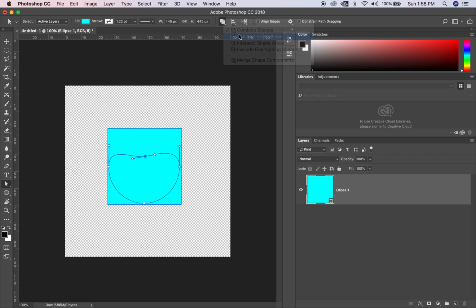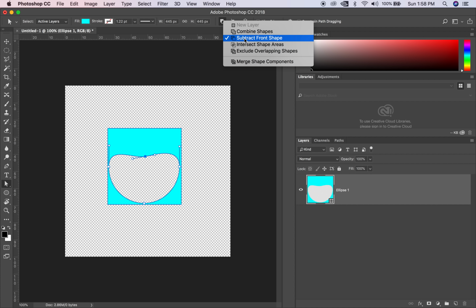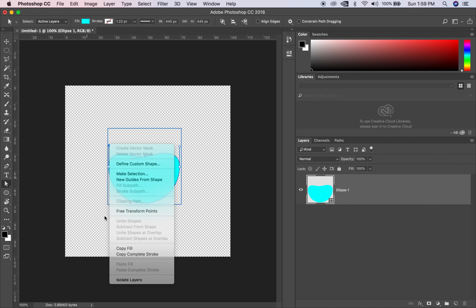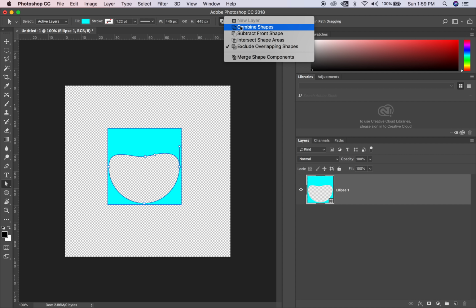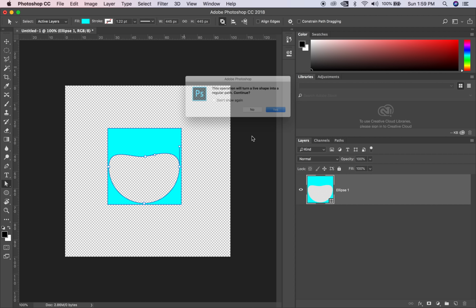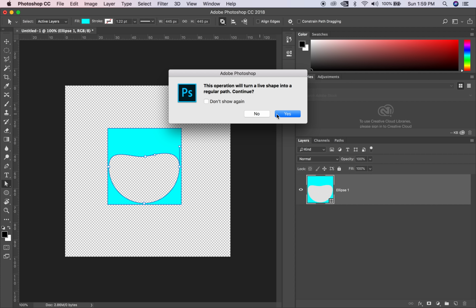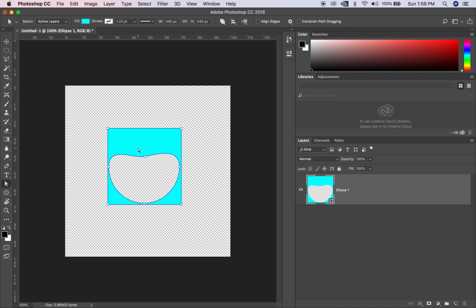I can do subtract from shape, so I can start using these tools in the top toolbar now to intersect to make my own custom shape itself. So this can be really cool as a tool to get you to realize custom shapes to make. So I'm gonna hit yes, and now I have this pretty neat custom shaped area, and